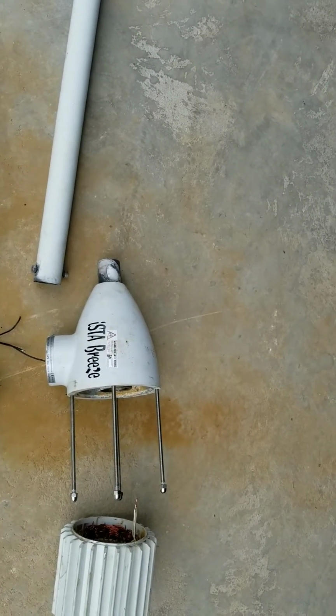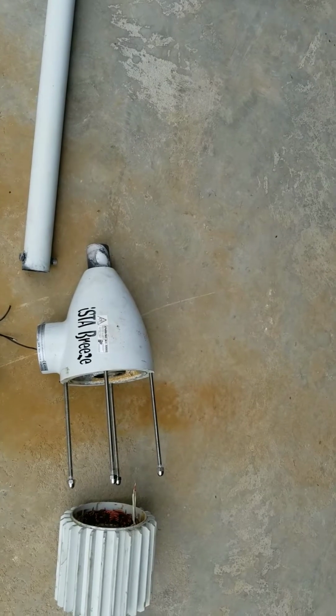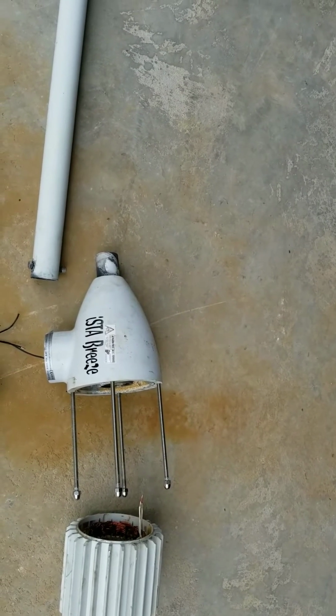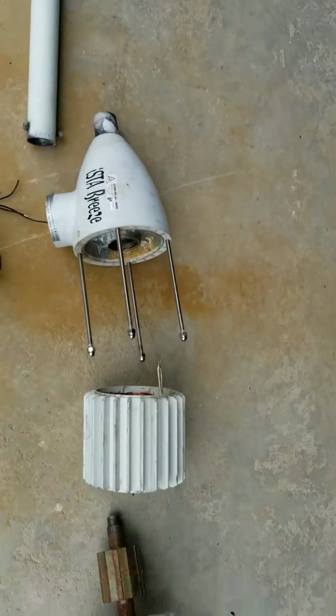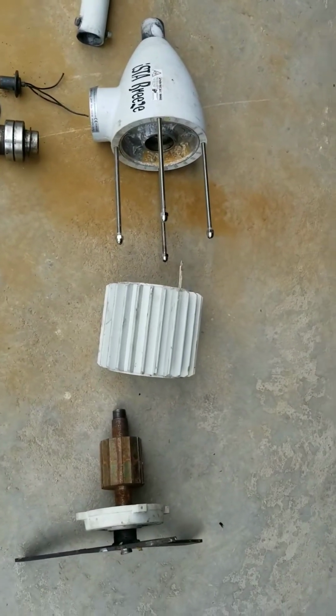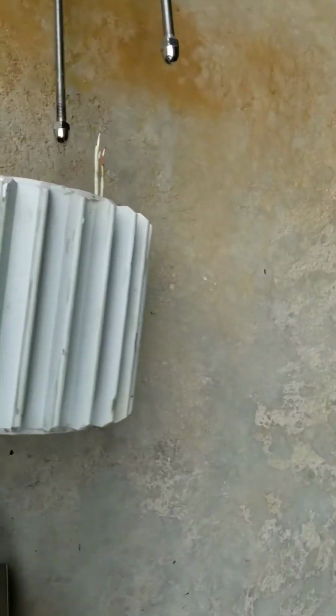I'm sure there is some ground turbulence being only 60 feet high, but that would be on average about 27 kilometers an hour wind here. So some other critiques that I have: